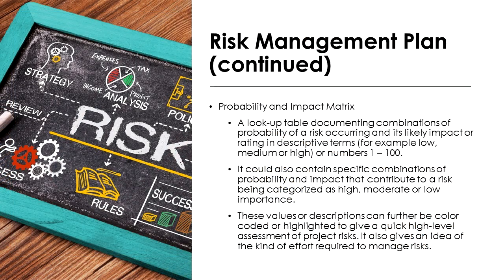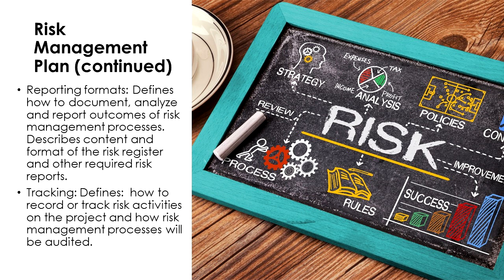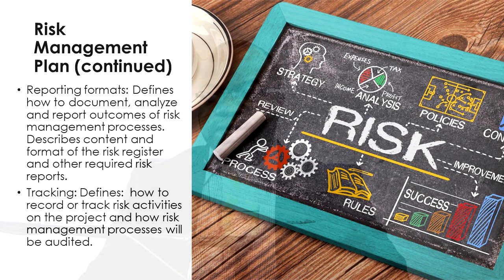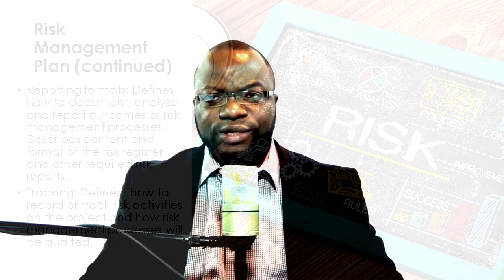Also, the probability and impact matrix that we'll be using on the project does need to be defined up front before we identify the risks. This could also be in the risk management plan. The definitions of the scales we'll be using, is it a scale from 1 to 5 or is it a scale from 1 to 10? Whatever the scale is for probability and impact rating, when we do our qualitative risk analysis, it has to be defined. One more thing here, we have the reporting formats for risks. So what will our risk report look like? How will we track risks? How are risk activities going to be recorded and reported? All of that stuff does need to